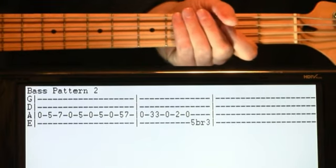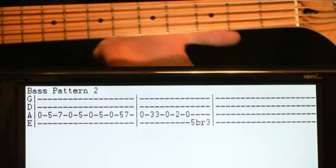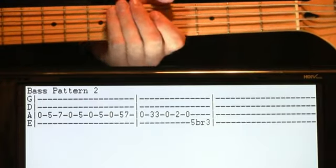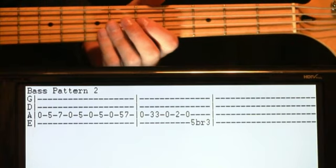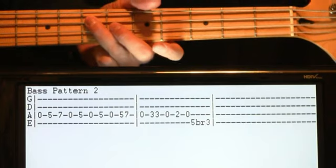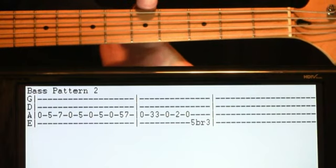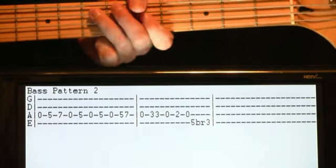Alright, now we get this funky bass pattern that comes in here. We're doing a lot of open A and then 5 to 7s, and then we'll do some 3s to 2s here. But just a lot of play initially between the open and 5 to 7. Okay, so we're going to do open, 5, 7, open, 5, open, 5, open, 5, 7, quick. Okay, this would be something like...